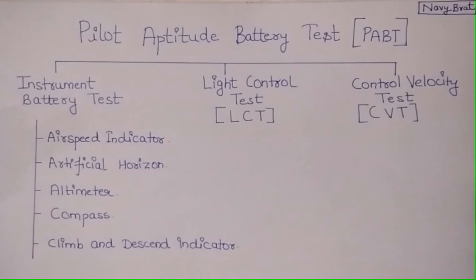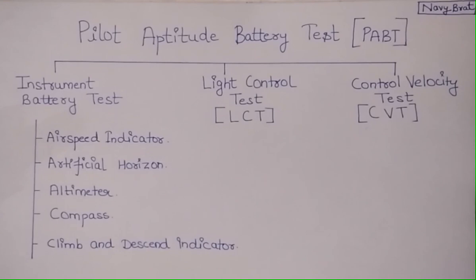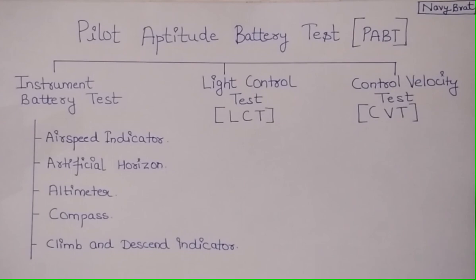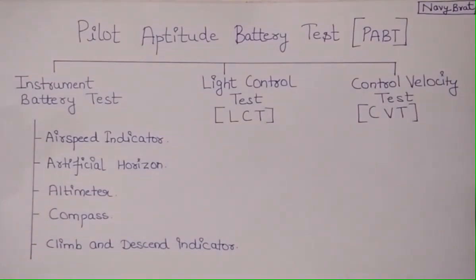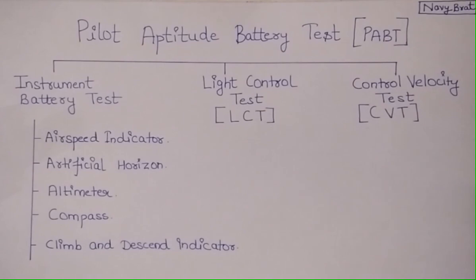The next one is the artificial horizon, or you can say the attitude indicator. This indicator displays the airplane's pitch and the airplane's bank. Pitch means when the nose of the airplane goes up and down. When the wings of the aircraft tilt towards right or left, that position is called banking. Attitude indicators, as the name suggests, indicate the attitude of the airplane relative to the horizon. So let's see how it looks.